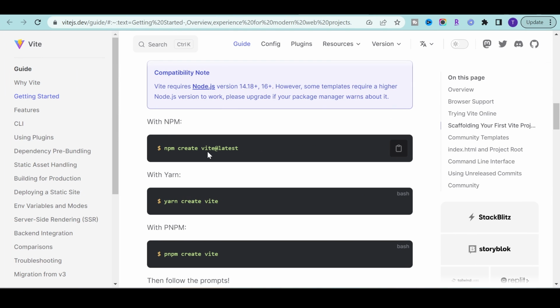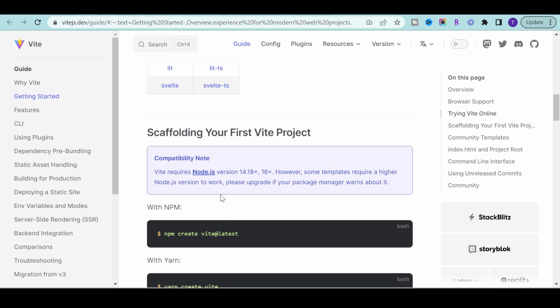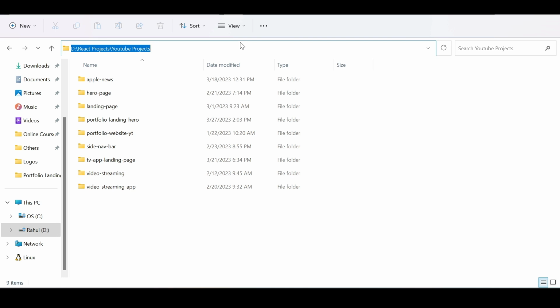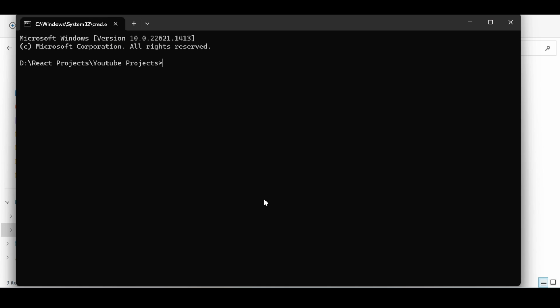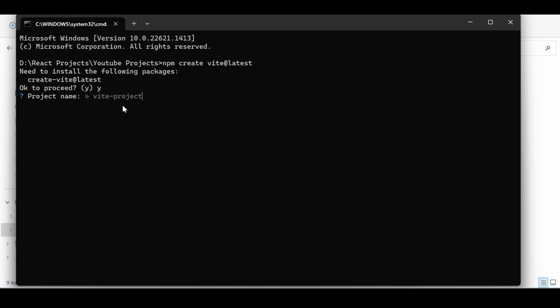If you go to the official website of Vite, in the getting started section, you will see all the command lines in order to create the Vite application. So let's open command prompt in a desired folder and then just type npm create vite@latest. Say yes, and it will ask the project name. In this case, we will say portfolio-landing-vite,